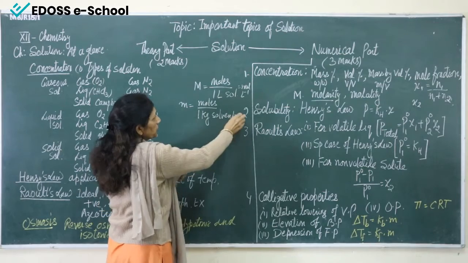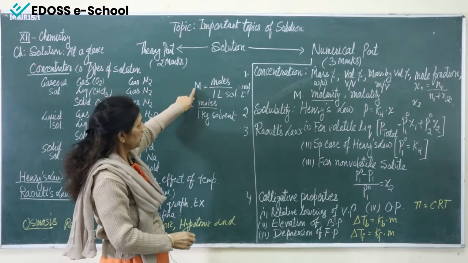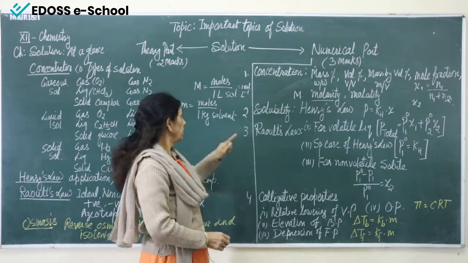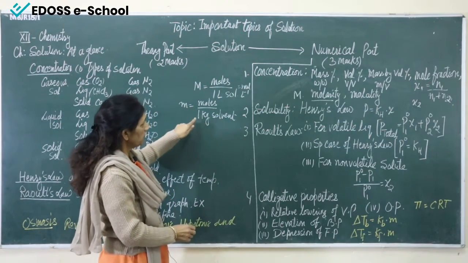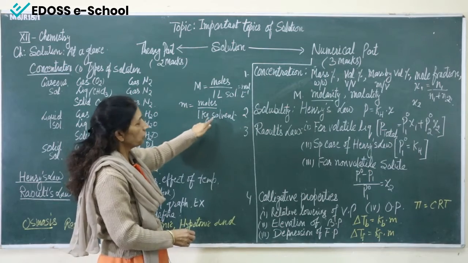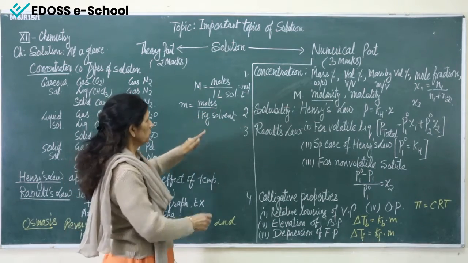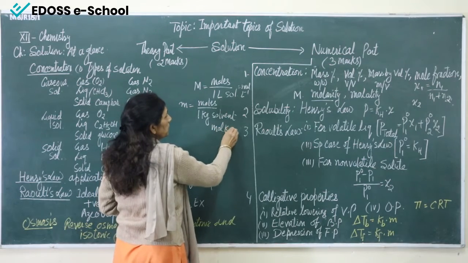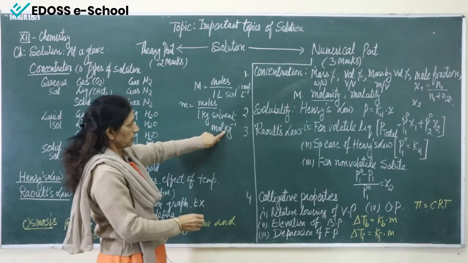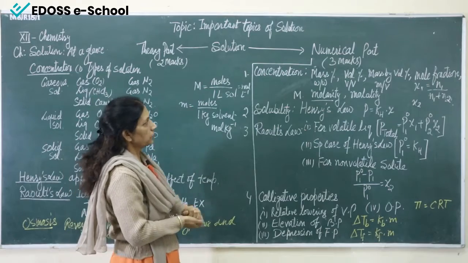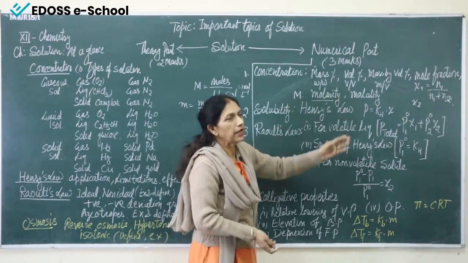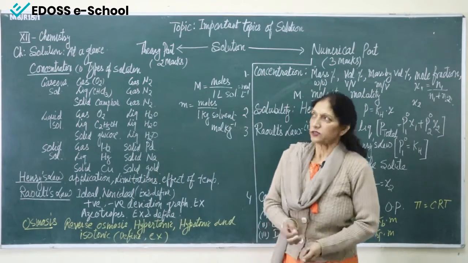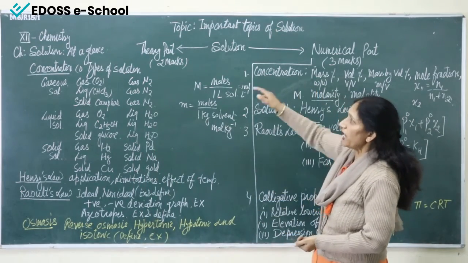Here is the difference: in molarity we are taking volume of solution and here we are taking mass of solvent. So here its unit will be mole per kg. So this is molarity and molality. And these are the types of numericals. Now let's see what type of